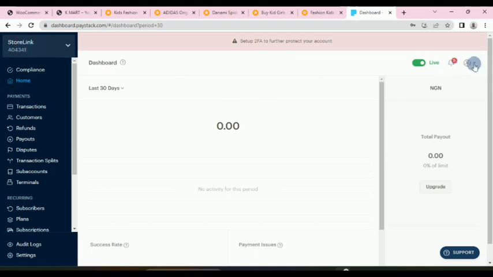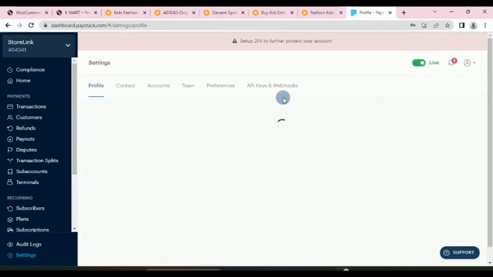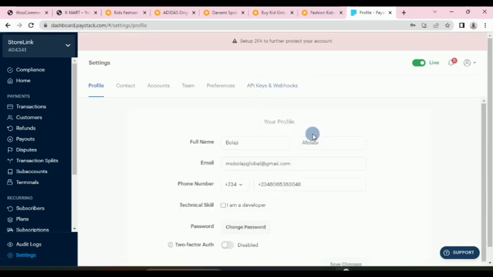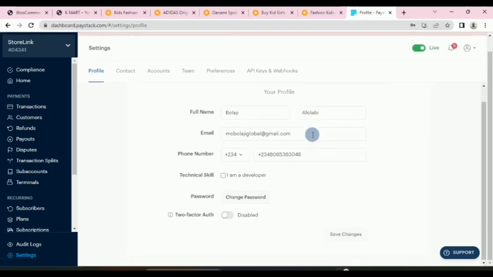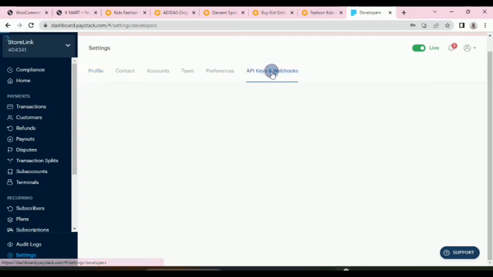So you come to this area where you have your user icon, click on it and click on profile. Point to this place and click on profile. Once you get to the profile, come to the last one here where it says API keys and webhooks. So if we get to that area here,